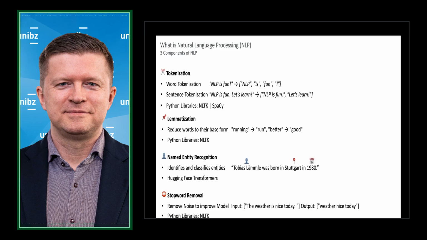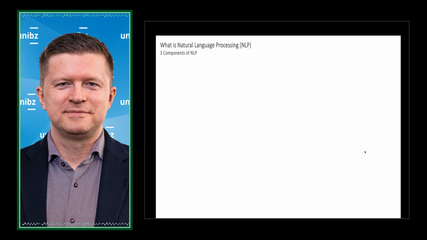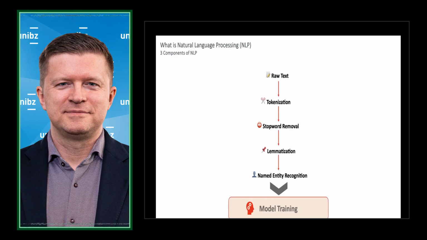So the workflow, or how all of these components in the end work together, is something like this. Just an example workflow that you could run through when doing something like that. We should start with the raw text, a lot of unstructured raw text, which we will then tokenize. Then we remove the stop words included in it. We reduce the words to their base, which is lemmatization. And for example, we could use something like NER to identify information. And only then, after doing all of this, we start to train our model.